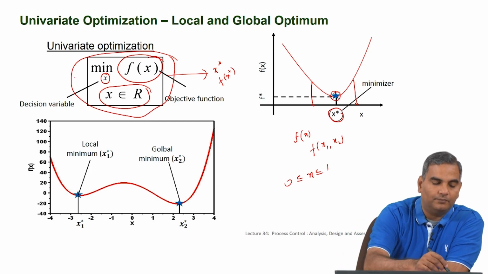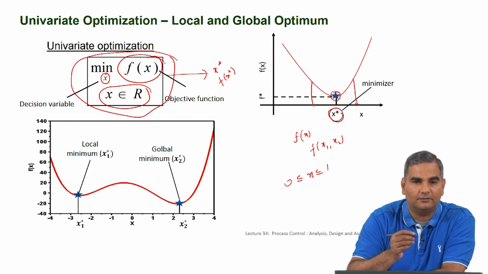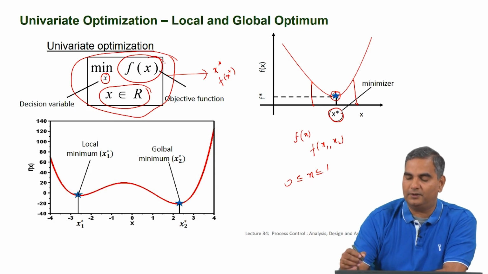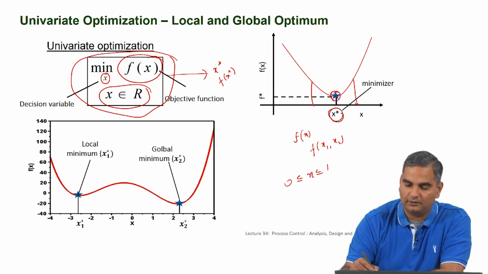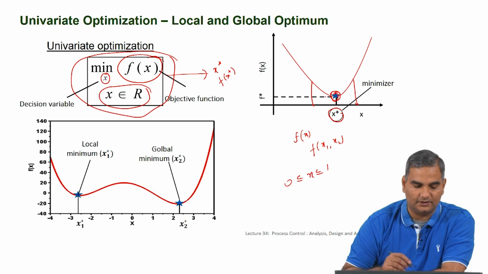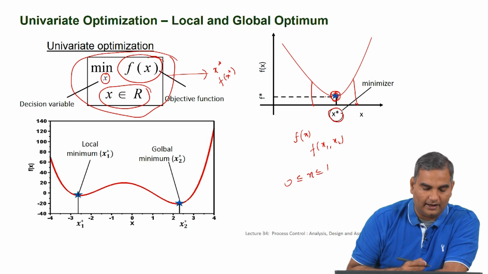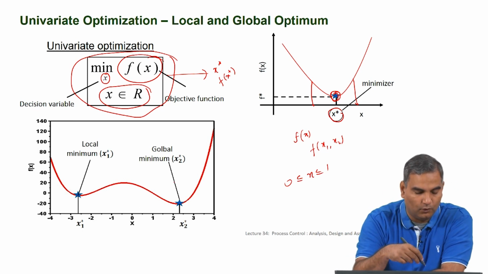The outcome of solving an optimization problem is the solution, and the solution is basically telling you the values that these decision variables should take, so that the objective is minimized. In a simple case, this is called a unimodal function. In simple cases, there is only one optimum solution, which is this, and you can get this x star, but in more complicated cases you could have functions which are like this. These are not unimodal functions, they have more than one minimum.